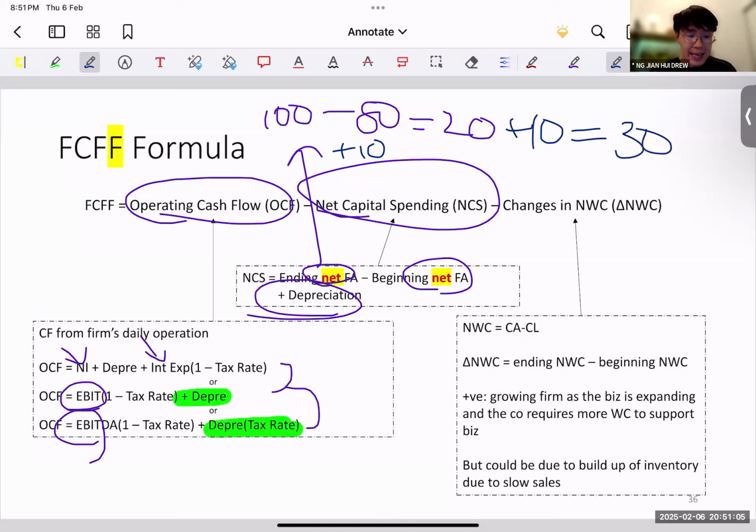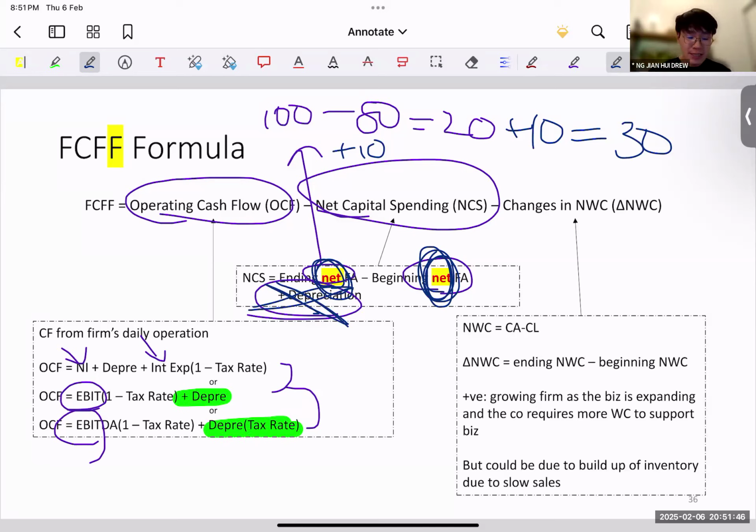I want to highlight again what's important, because while this looks quite simple, once you look at the financial statements of the company that you're going to value, it can be very complex. There are multiple ways of presenting a financial statement. So please read carefully. Is the presentation on a net basis? Net is important, that's why I highlighted net, or on a gross basis? Because sometimes the balance sheet is based on gross. So if it's on a gross basis, you do not need to care about depreciation, because gross means that it's before your depreciation.